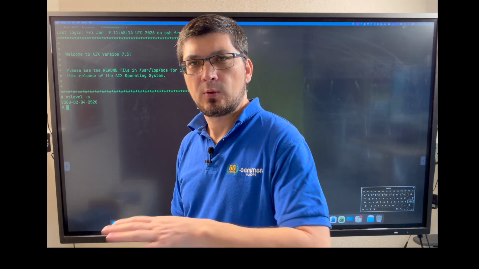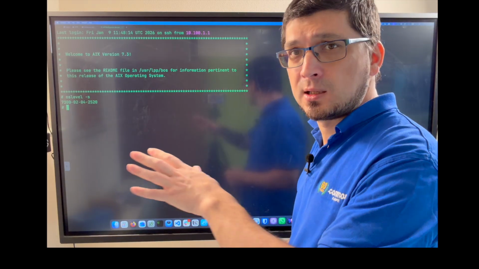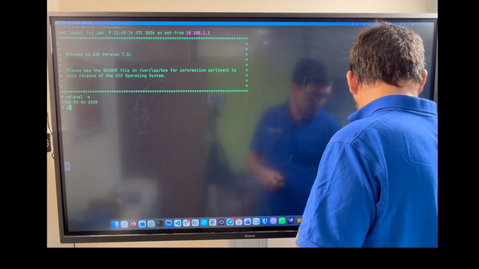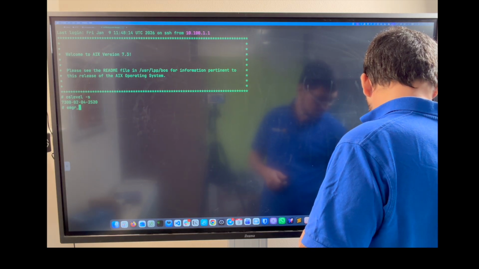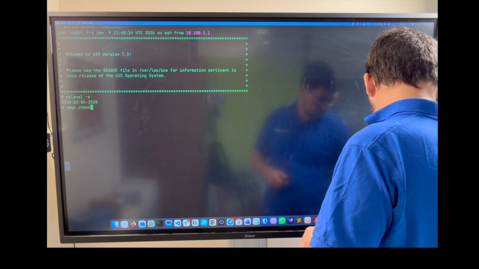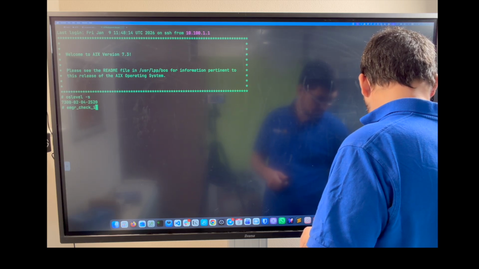This is rather old AIX, and here we can see how it worked before. I have internet access on this server, so I will just execute emgr_check_aixs,